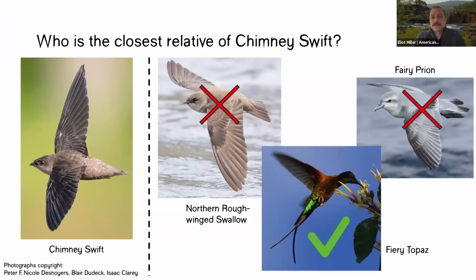Swifts and hummingbirds are in fact close relatives, part of the same order, the Apodiformes, meaning they have very small feet, both of them. The amazing convergence between swallows and swifts is just something driven by their really similar aerial lifestyles. So impress all your friends with that stat.